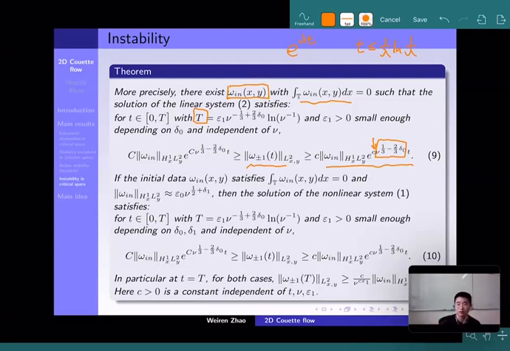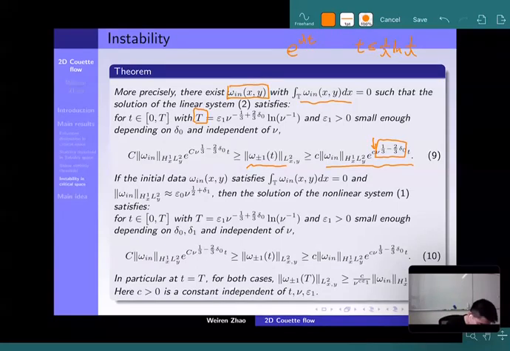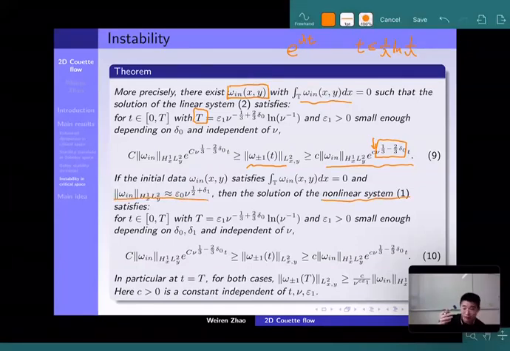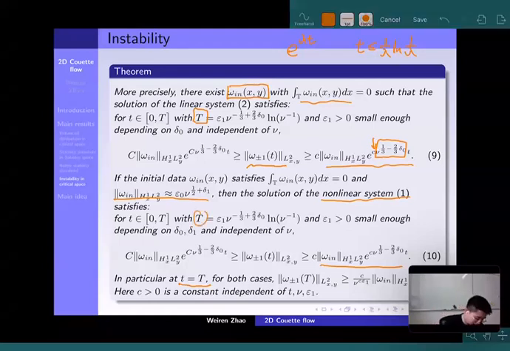This becomes larger. It becomes 1 over lambda to the epsilon, in some sense. Okay, this is about the linear result, and for the nonlinear result, it's the same. You have the nonlinear system, and we also set some initial regularity and size assumption on the non-zero mode, and we can also obtain some lower bound of this solution. Okay, and in particular, if you take the endpoint time, the largest time for which our estimate is valid,